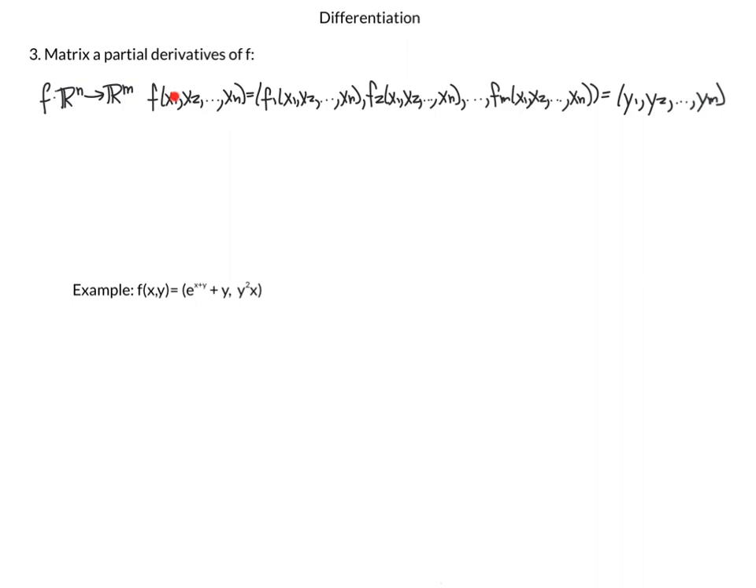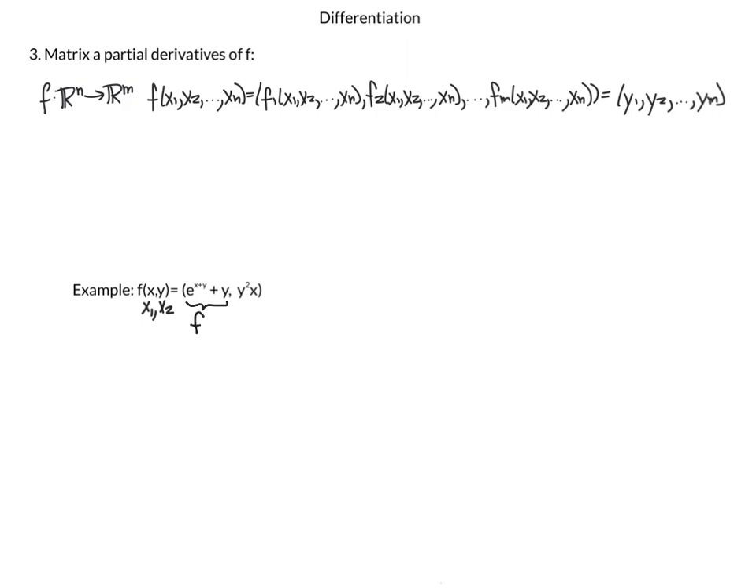And the thing about this is when it maps it, for the first coordinate, y1, you're going to have a function f1 of the n variables. For your second coordinate, you're going to have a function f2 of the n variables, and up to the mth coordinate, you're going to have a function fm of the n variables. So for example, here if we have f of x, y, so we have two variables. x plays the role of x1 and y plays the role of x2, like looking at this here. So here, this e to the x plus y,